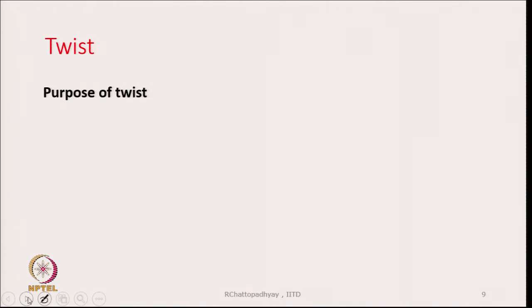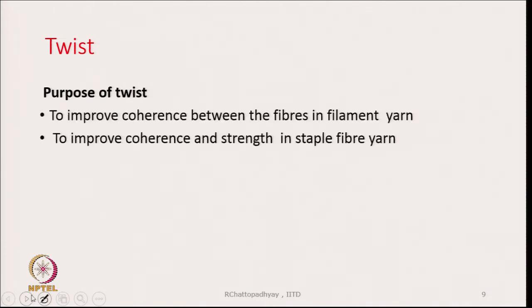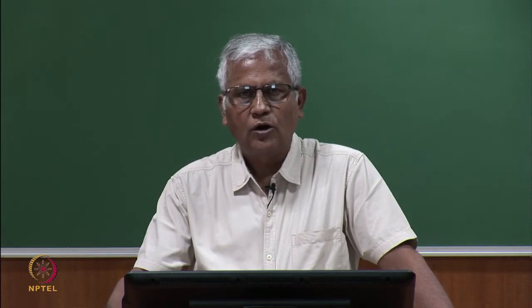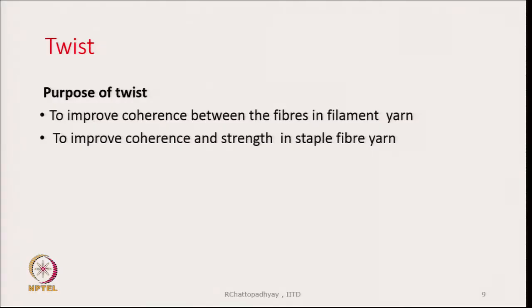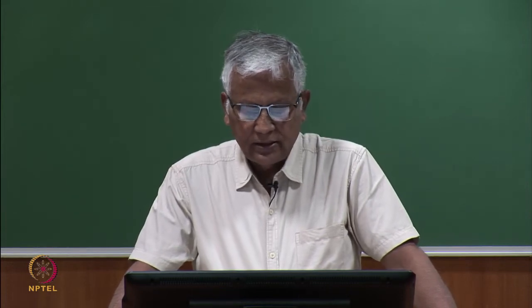Now, let us first describe twist. Why do you need twist? Twist is needed especially in spun yarns, though filament yarns are also twisted. Twist is a very fundamental structural parameter of a yarn. The purpose of twist is to improve cohesion between the fibers, in filament yarn and also in spun yarn, both. To improve cohesion and strength in staple fiber yarn,